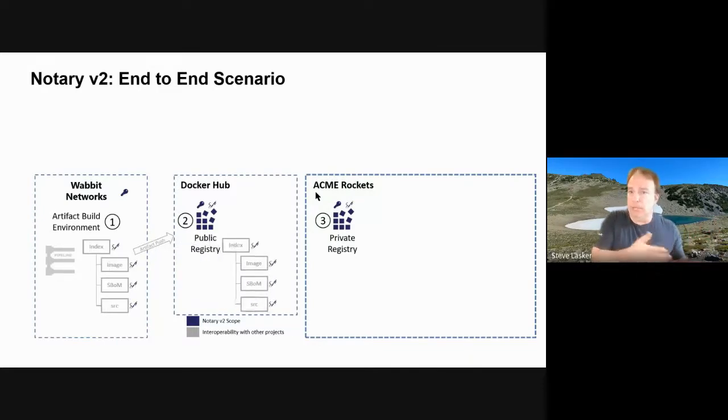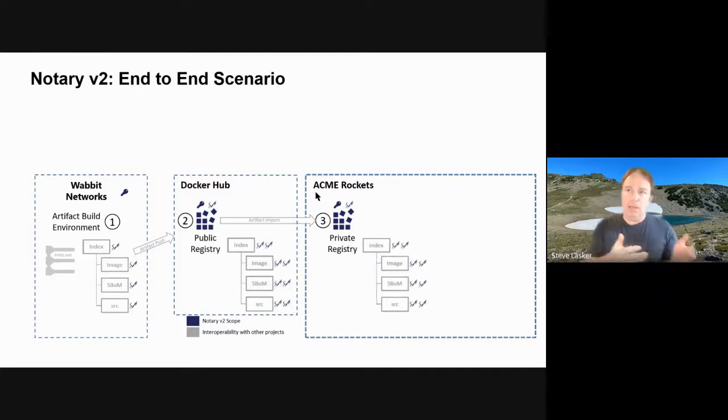So Wabbit Networks, they can push their software to Docker Hub. They can work to get into the certification program, whatever that means, right? That's the point, is we're enabling the business opportunity and the trust. So Docker decides that they're going to certify some content, and now it passes Acme Rockets' trust list. So now they can find that content and bring it into their environment. And one of the things we want to enable is that on import of content, does it match a set of signatures? Does it match a set of keys? So in this case, Acme Rockets might say, I don't know who Wabbit Networks is, but I trust Docker Hub,